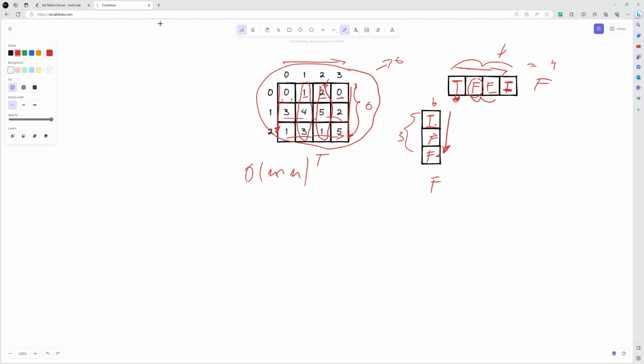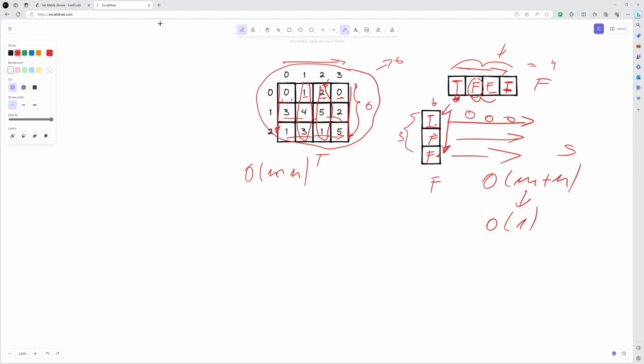For each row, if this value is true, we transform all the values in the input matrix to zeros. Here is false, so we will just keep the values as they are, and so on. So in this case, we would have m plus n space complexity, because we have to create an array that's size of the number of columns, and also an array that's size of the number of rows. But the thing is, we want to reduce this to constant